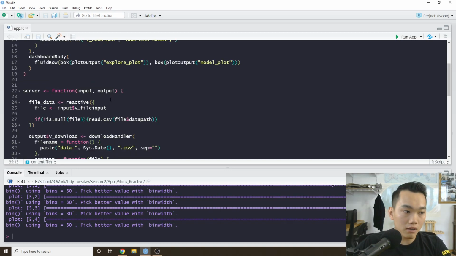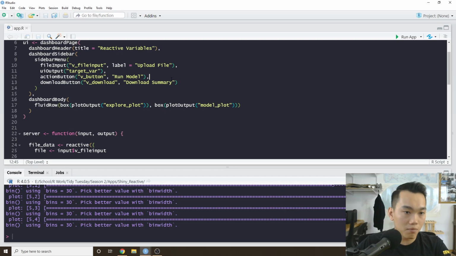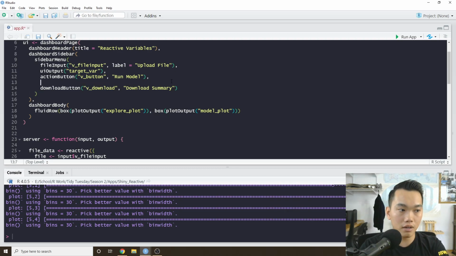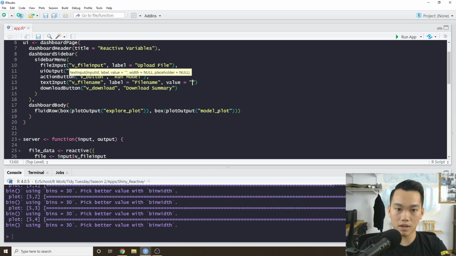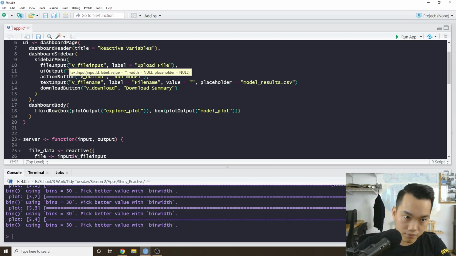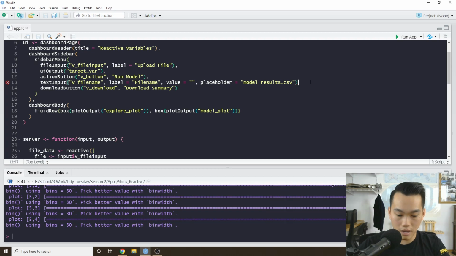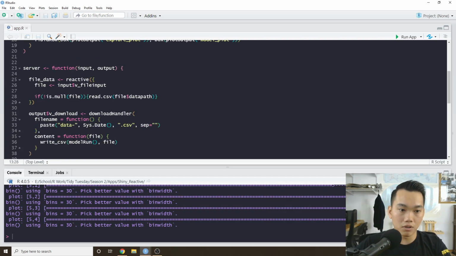Additionally, what we might think about is, hey, maybe we want them to perhaps put in a file name. So we can just say text input. We'll say file name, label equals file name, equals that. And we can also add a placeholder. So we'll say model results.csv, right? Add a little comma to that. And now what we can do is basically say, we can just